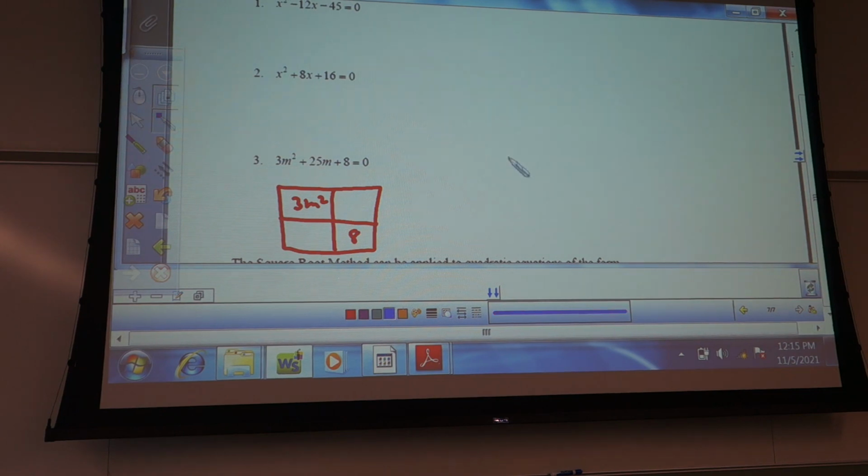So we're going to go over here and do our diamond method. So, like Natalia said, 3 times 8 is 24. So two numbers that multiply to 24 and add to 25. I put this part here so I remember which one's which, the multiply and the add. And you said that 24 and 1 multiply to 24 and add to 25. So that's what goes in here, in place of my 25m. 1m and 24m just takes the place of the 25m. All right, and then from here,